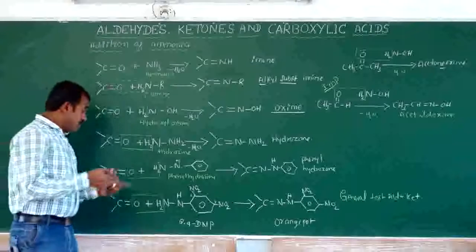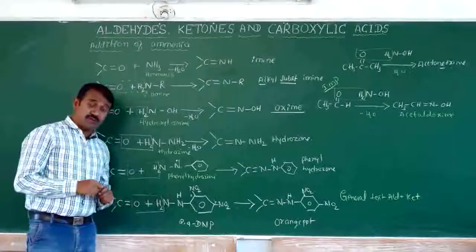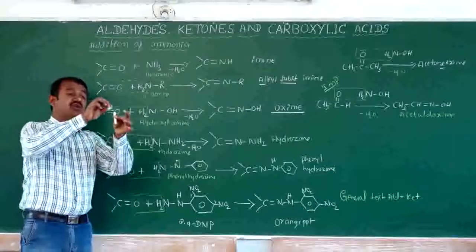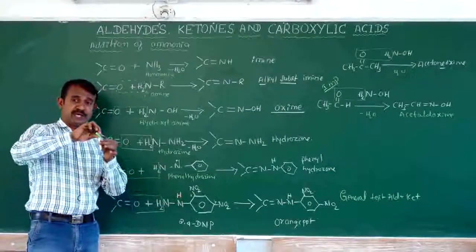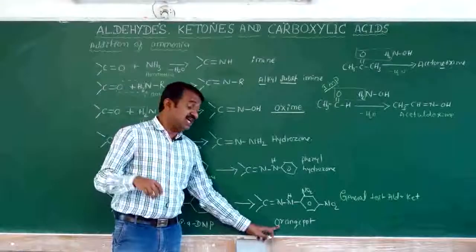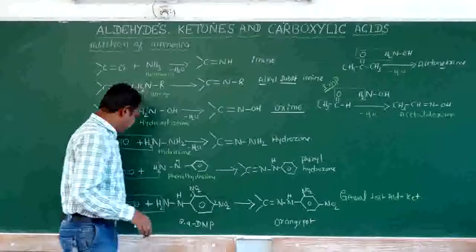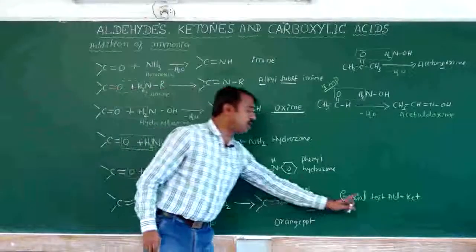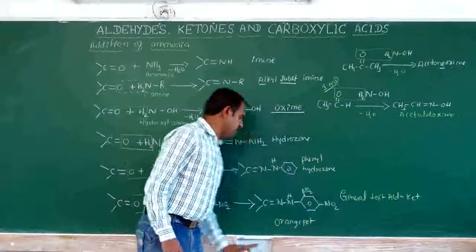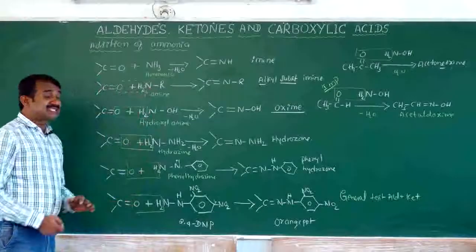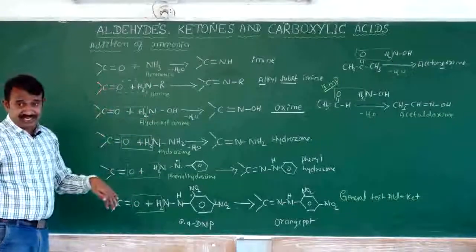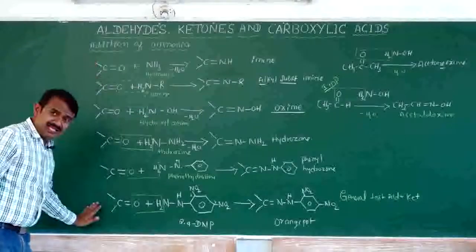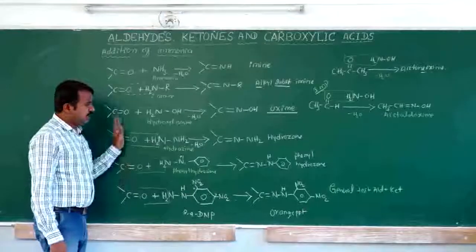What happens when aldehydes and ketones react with 2,4 DNP? You take one test tube with the aldehyde or ketone carbonyl compound, add 2 to 3 drops of 2,4 DNP solution, and you will get an orange precipitate. This is how you find out the compound is an aldehyde or ketone. This is the general test for aldehydes and ketones. These amines, ammonia and amine derivatives of organic compounds react with aldehydes and ketones. This is the important factor.